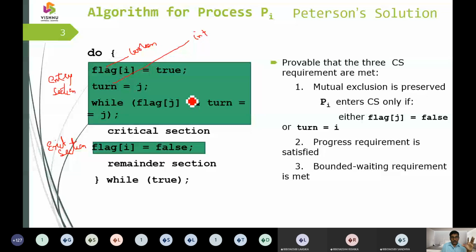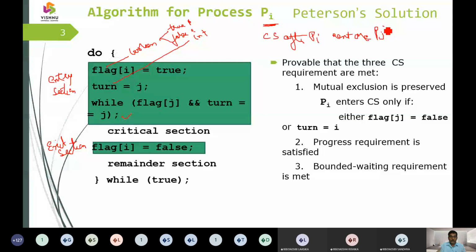So when the processes are going to use this critical section, they are going to set the parameters. And after me, who is going to use the critical section? After Pi, Pj is going to use the critical section, so the turn of J will be next. That is how they are going to put it during the entry section. Pi is going to use the critical section, and after Pi, the next one is Pj. That we are going to emphasize.